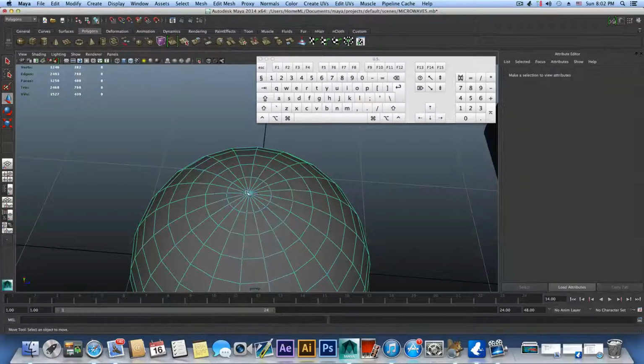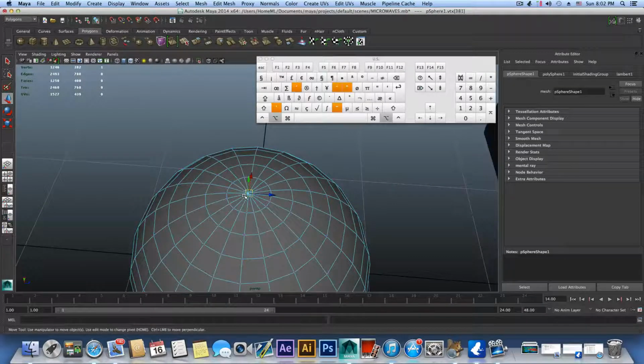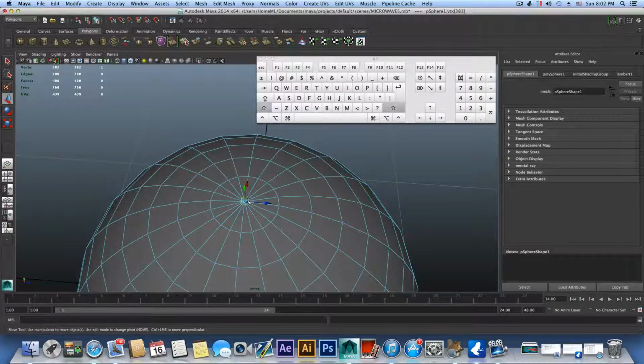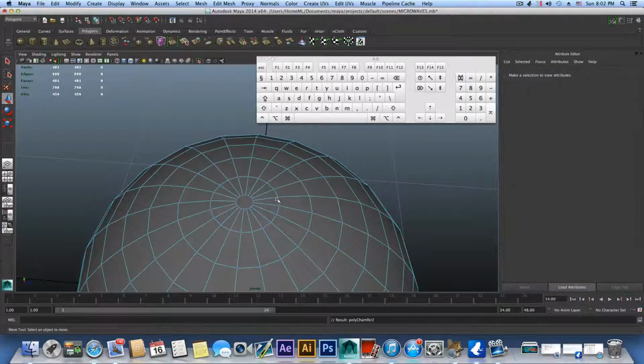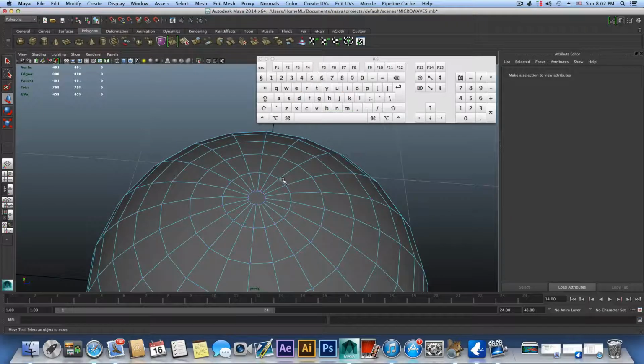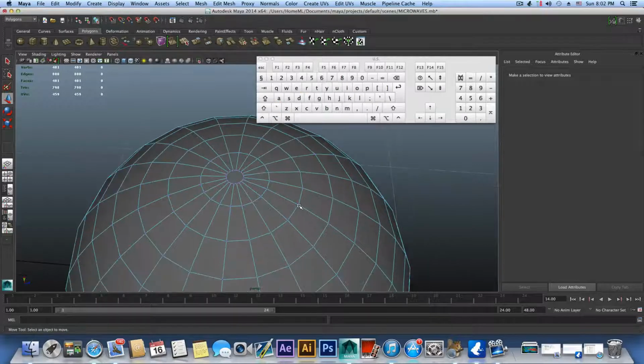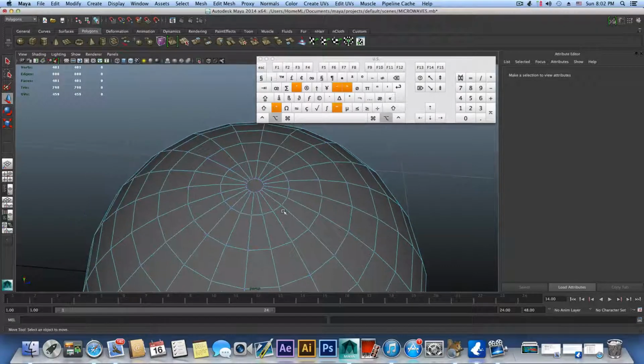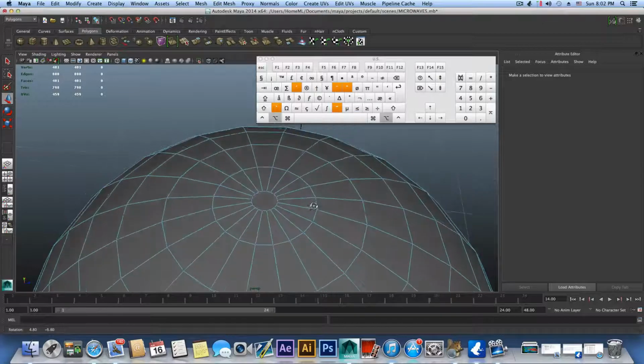I'm going to take this vertex here in the middle, okay? And while I'm holding the shift, right click, choosing chamfer vertex, it will create from this vertex point, it will actually break it to the number of these vertices here on this circle, and basically create another circle from it, and will give you a center face. And you can do this chamfer vertex on any vertex you like,